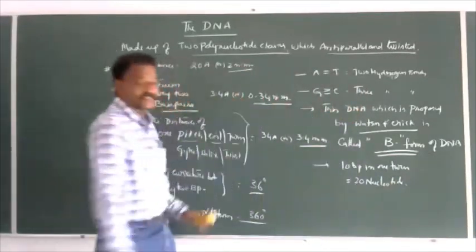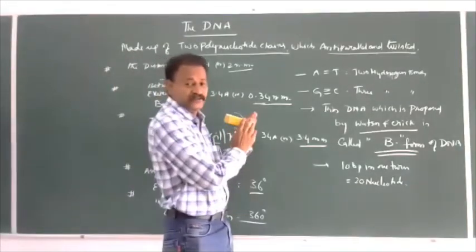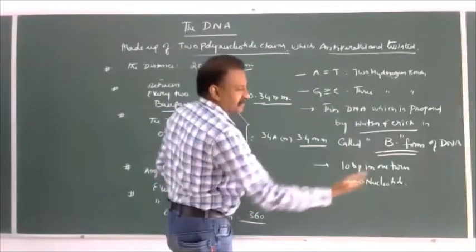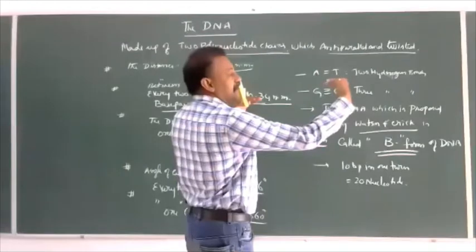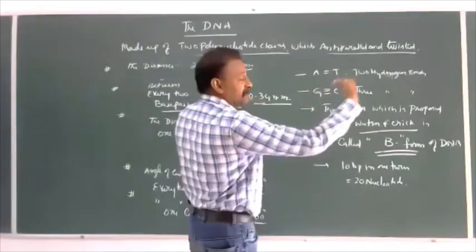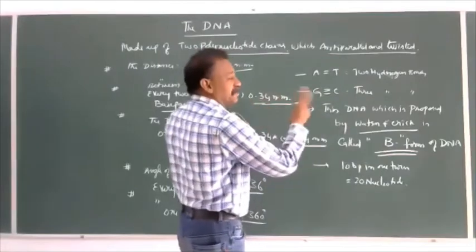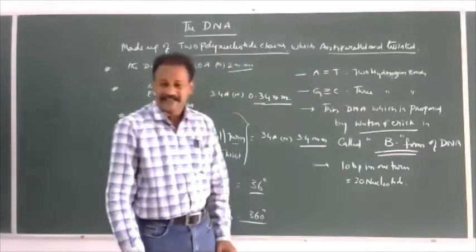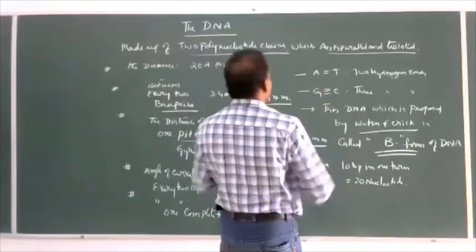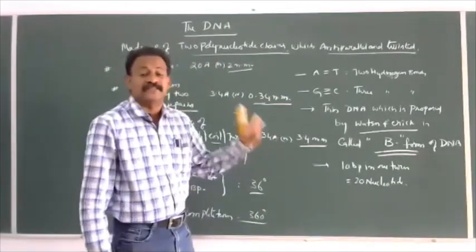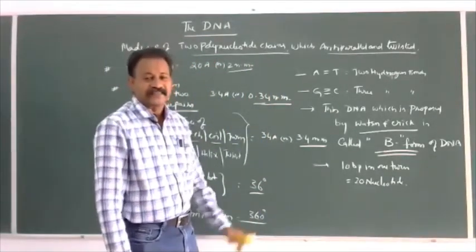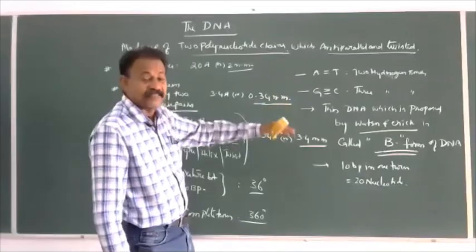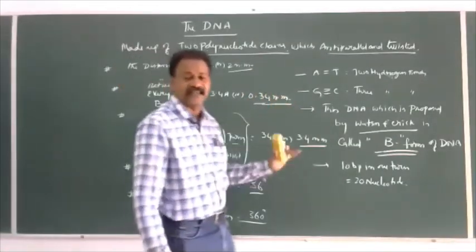With above characteristic features. And the backbone is always sugar and phosphate alternating molecules in 2 chains, and the nitrogen bases are projected inwards, and in between 2 nitrogen bases hydrogen bonds are there, which hold these 2 polynucleotide chains together, which gives stability. Along with that, the plane of arrangement of base pairs one above the other gives additional stability.